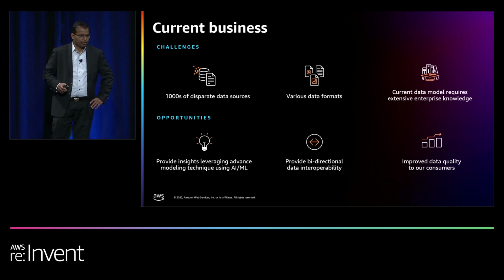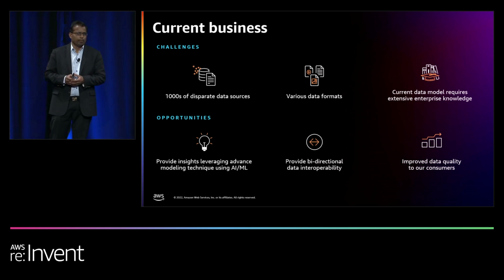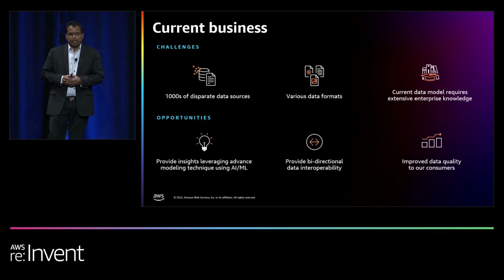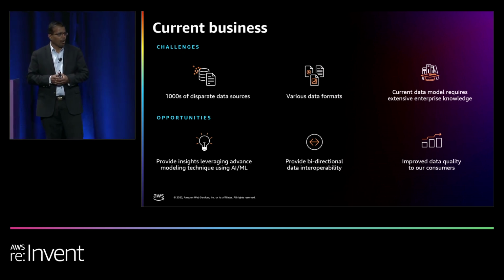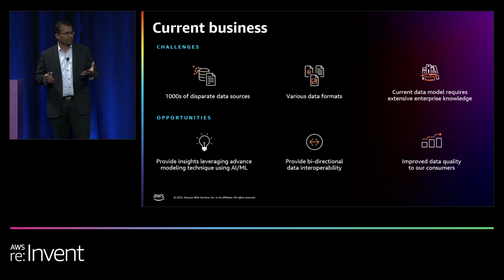So let's look at our current business and the challenges. As you all know, healthcare costs are rising, and along with that, even health insurance costs are increasing as well. And Elubance is making every attempt to manage the costs. So there are different levers we can follow. One of the things is how do you manage the operating costs, right? By increasing the efficiency of our operations, we are now looking at some way to manage the operating costs. Leveraging newer technologies, the AI and machine learning tools, digitizing our operating flow processes, the business workflows end to end, increasing the data quality, providing bidirectional data. These are some of the technical opportunities we have that can help manage our operating costs and digitize